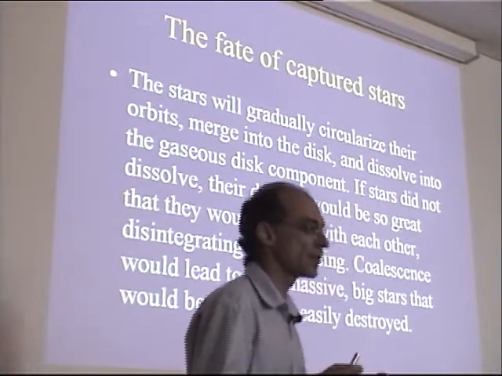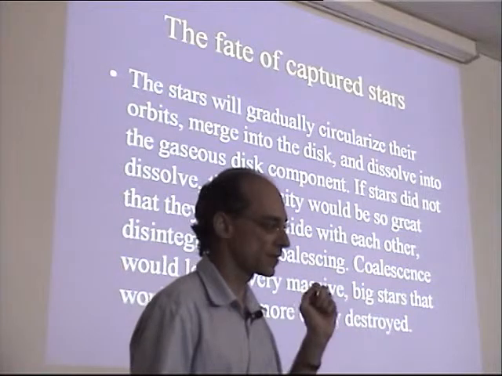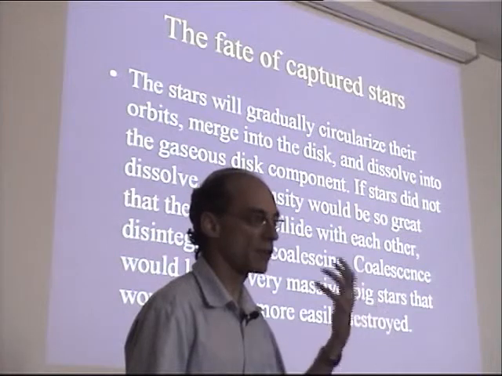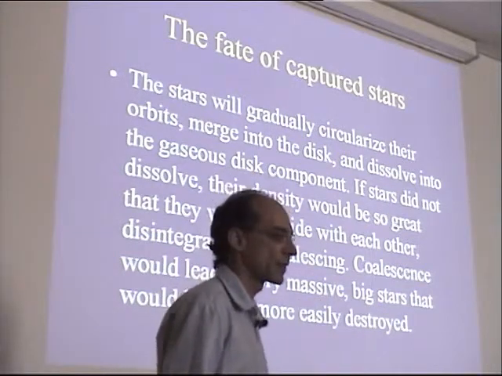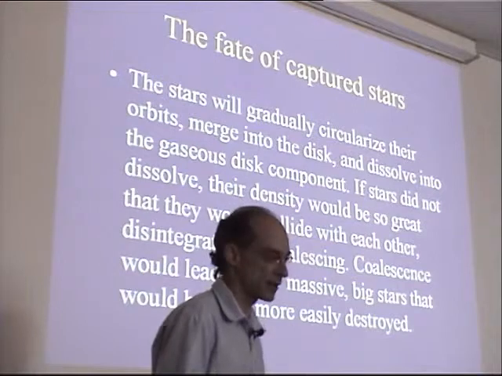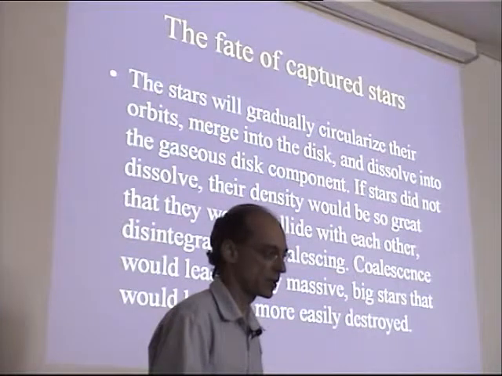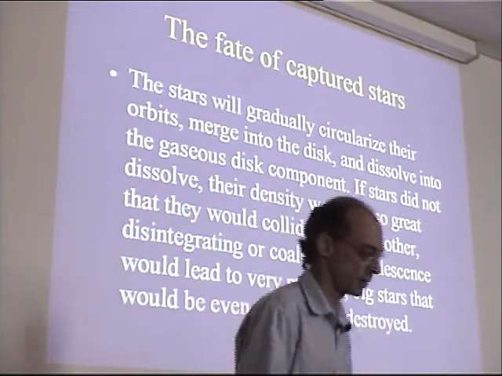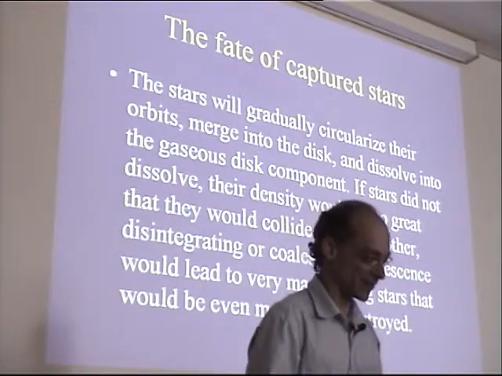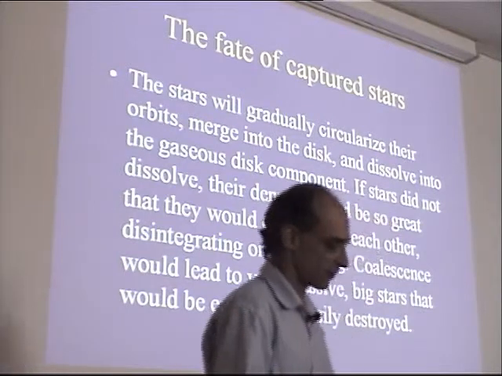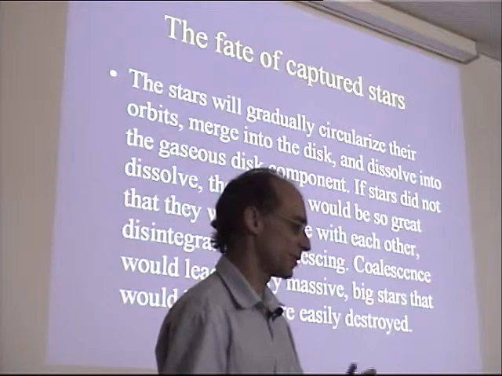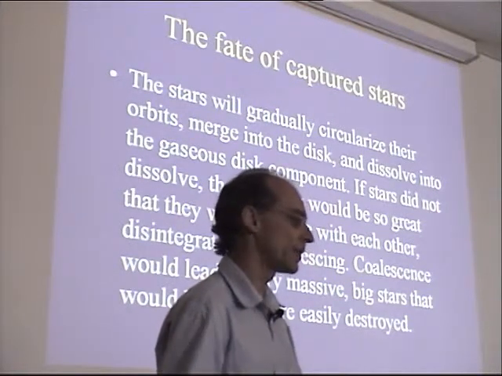For example, it's not clear if during the passages through the disk themselves, if the surface density is quite high, every time the star goes through the disk, some of the material may get peeled off just by the shocks that happen there. That's not clear whether it can really destroy the star in the number of passages it will go through. But then other processes, well, I mean, some stars might be destroyed actually by tidal disruption, as we were talking earlier with Clovis about this, that maybe they will just sometime get close to the black hole and be tidally destroyed.